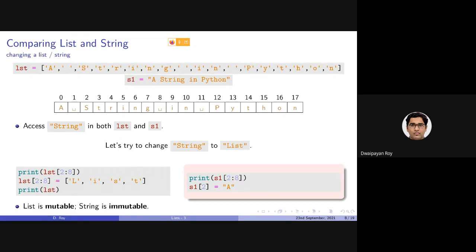Formally, these are called mutability of a data type. List is a mutable data type and string is an immutable data type. Now, what is mutable and what is immutable? Although we have discussed already what is mutable, as you can already understand, mutability is something where an existing data type, an existing variable, can be changed, like list. Immutable data types are those where if we declare one thing, it cannot be changed.